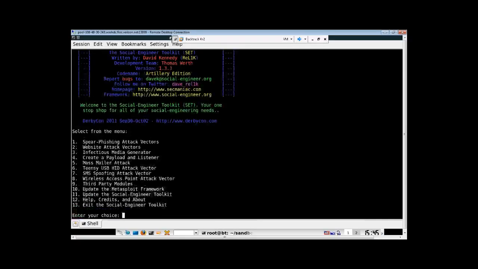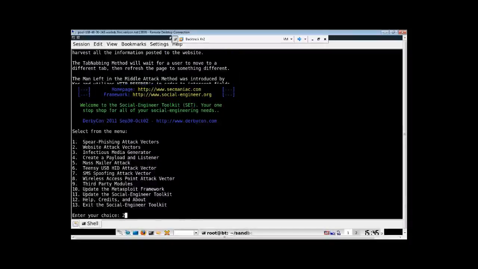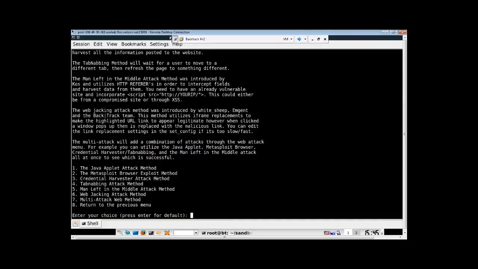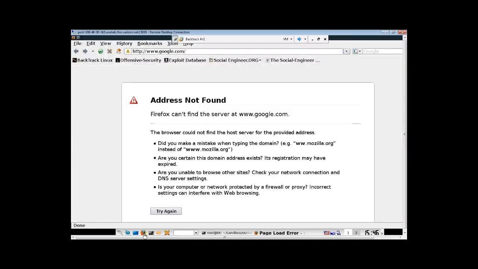Now let me show you something we can actually use here. Website attack vectors. These are great. Has everybody heard of tab nabbing? Are you familiar with that? Okay, tab nabbing is really cool. It looks at a browser. Let's open up a browser here. And when you load up a URL in that browser, for instance, you go to google.com. I don't have my networking started, so